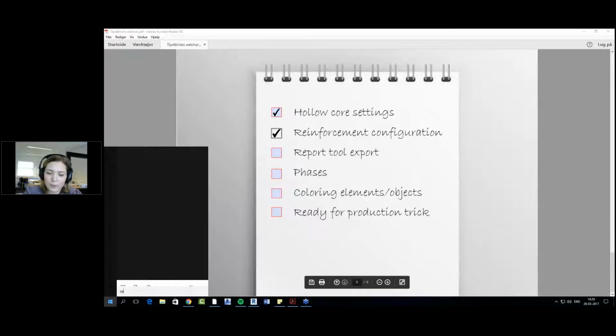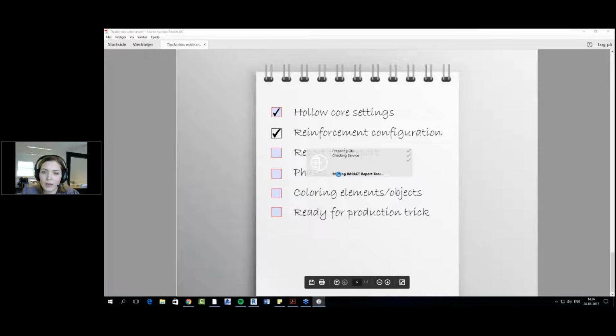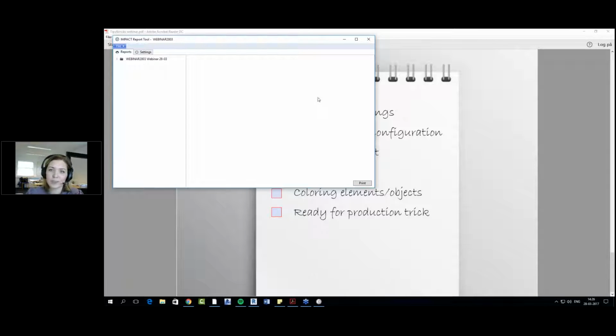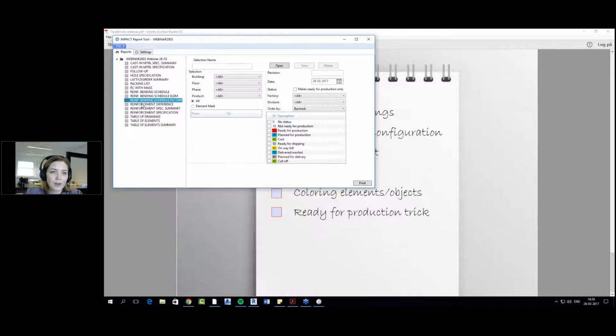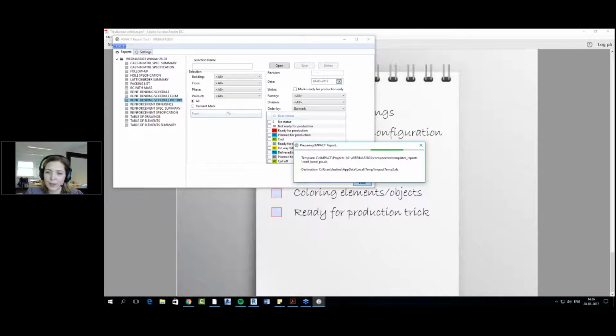So let's try to open Report tool. And the reinforcement that we have inserted in our elements, let's try to have a report out of this. If I go for reinforcement bending schedule picture, update template, I can choose which product I want to use. For example, I have this column in here, or I can go for all the elements. So there's a filter system that I can sort elements out,